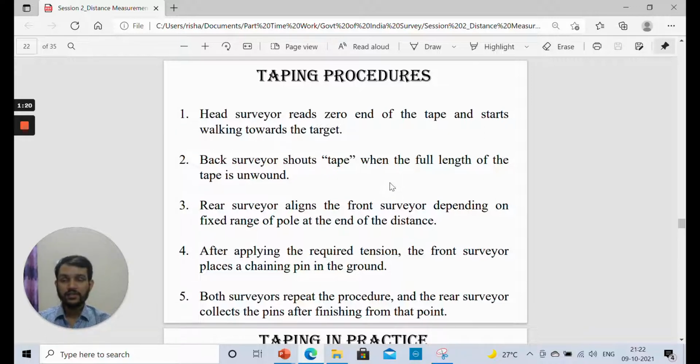Okay, this is how it has been done, and if we are not able to follow any procedure or if any error occurs, then we have to account for a suitable correction factor, which we will be studying in the upcoming slides. Okay, so what happens after this has been done? Now both the surveyors will have to repeat the procedure. This entire procedure will have to be repeated by both the surveyors for all other stations. You have come from A to B, the same technique has to be followed from B to C, C to D, these steps. Okay, the way we have studied.